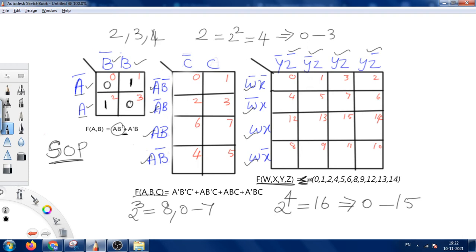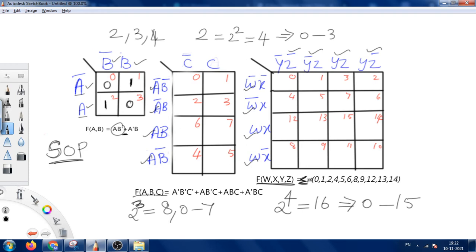Now let us come to the next map, which is the 3 variable Karnaugh map, and we have to find the terms. So what are the terms here? 1, 2, 3, 4 terms are available. These terms are called min terms. Now these terms have only a, b and c. The function also says a, b, c. So that means it is a 3 variable Karnaugh map. So how to name the Karnaugh map?